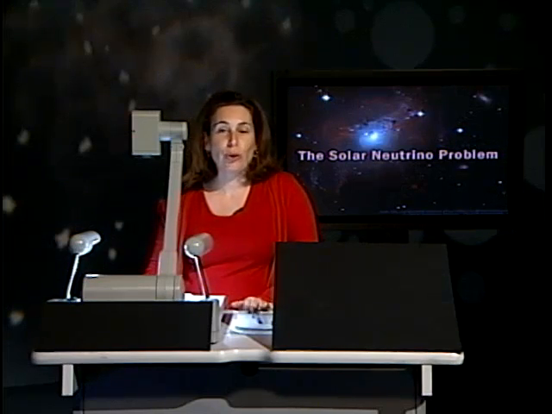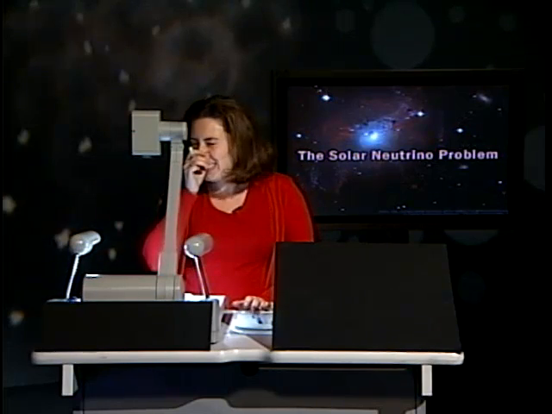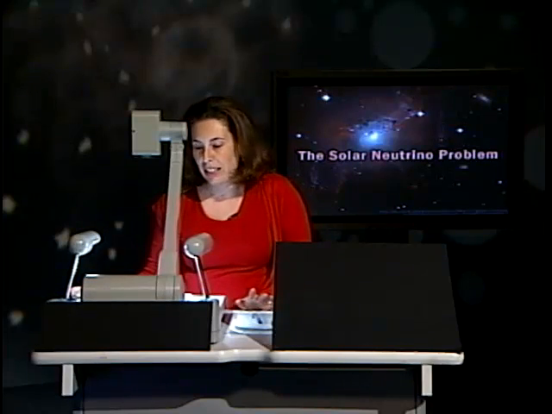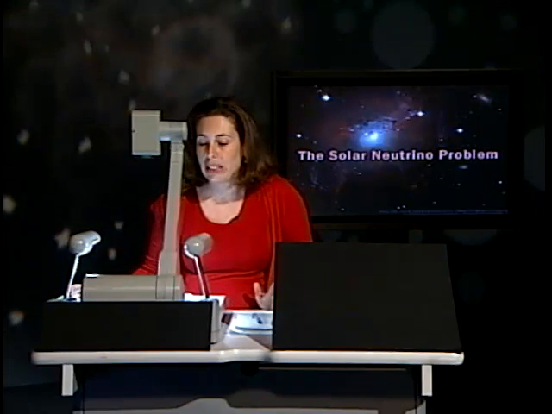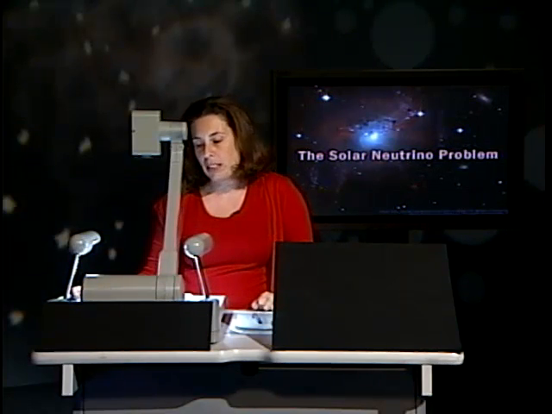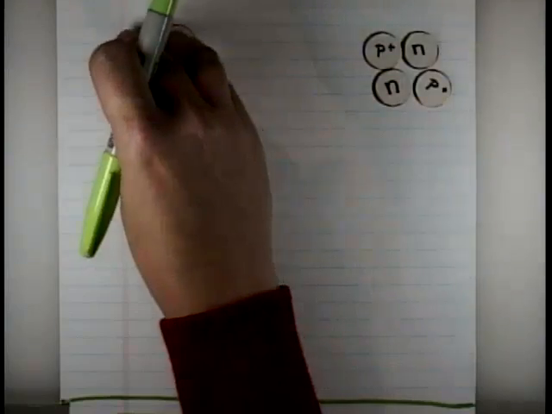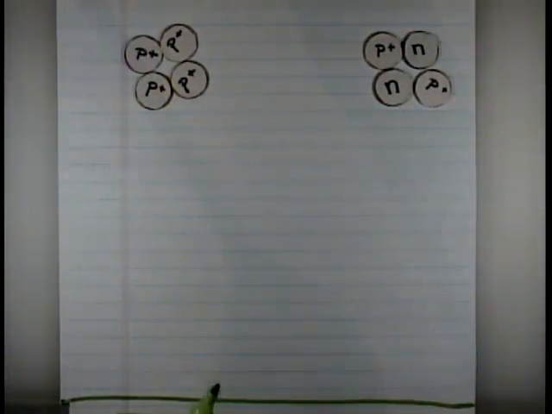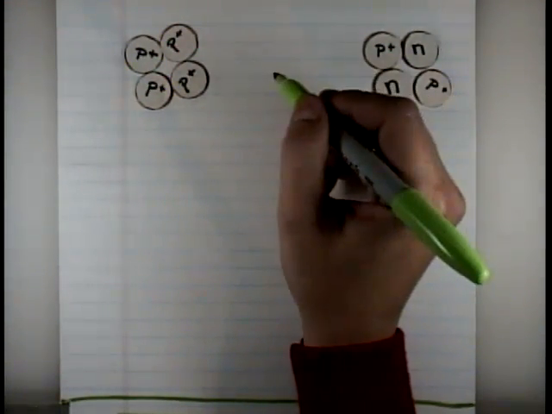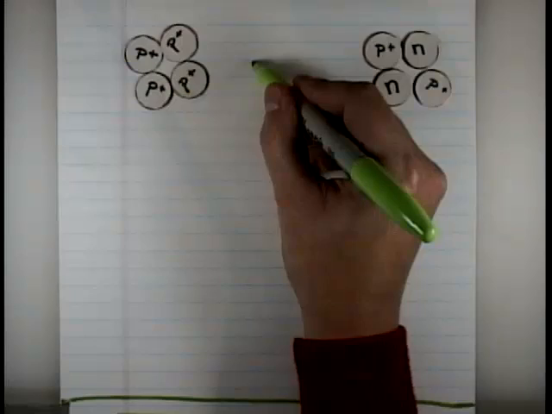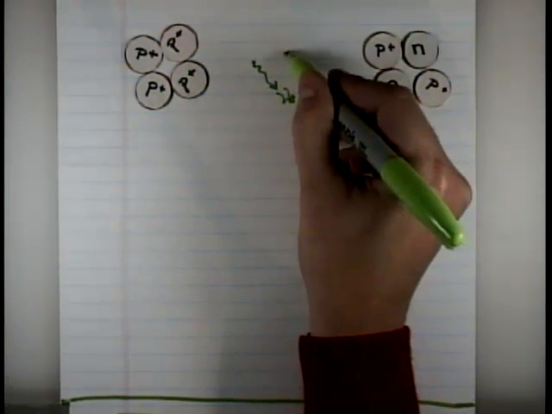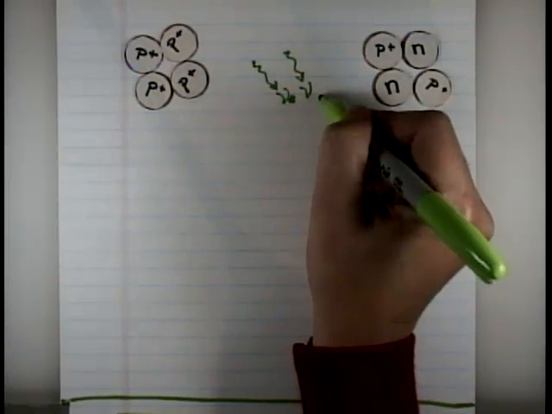We'll now talk about the solar neutrino problem, which is hard to understand because after all, you're not really sure what the neutrino is, let alone the solar neutrino problem. What's the problem? Let me first explain. The problem is that when 4 protons fuse to become an atom of helium, as I mentioned before, they will emit gamma rays, they will emit positrons, but they will also emit, as we mentioned before, 2 electron neutrinos. Those are here, 2 electron neutrinos.